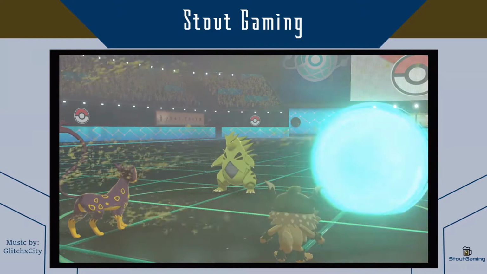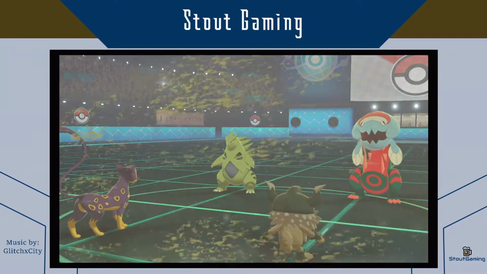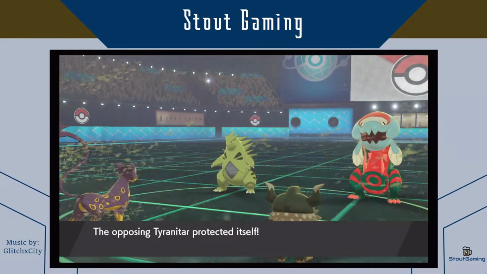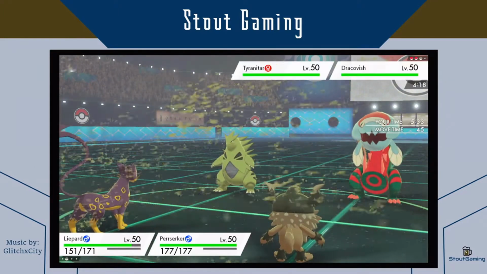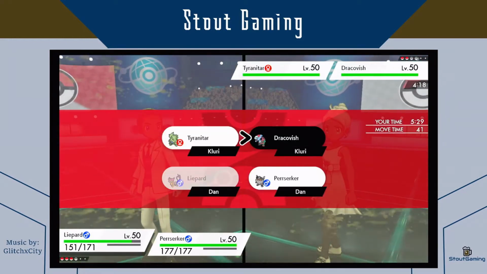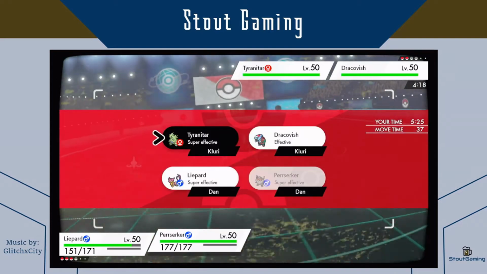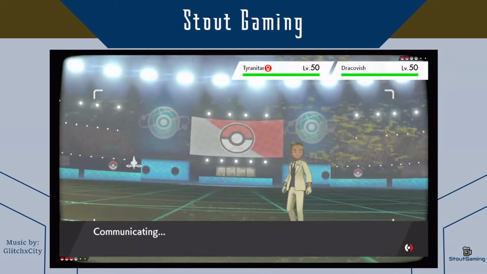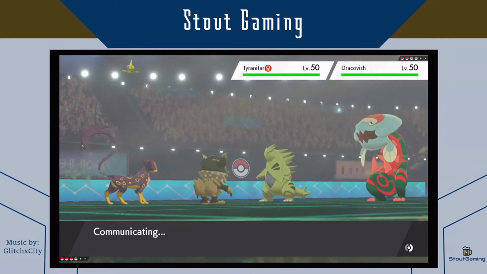But unfortunately for him, his Trick Room and his Sand are going to expire on the same turn, so Liepard will always be faster than Dracovish, which is really unfortunate for him because I can just keep clicking Charm. And I'll Close Combat the T-Tar again because eventually Protect is going to fail. And there's nothing he can do to stop it unless...